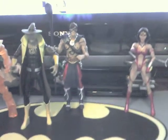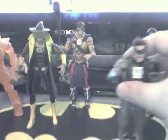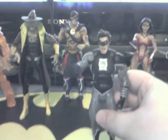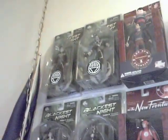Now the last one we're going to take a look at from the standard 6 set. Now there's a variant of this figure. You can either go with black or white lantern, Hal Jordan. I picked up the black lantern, probably because I do have a lot of black lanterns. I mean, of course, these are the DC collectibles, or I believe DC Direct still at the point these were